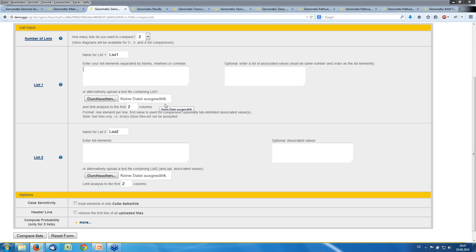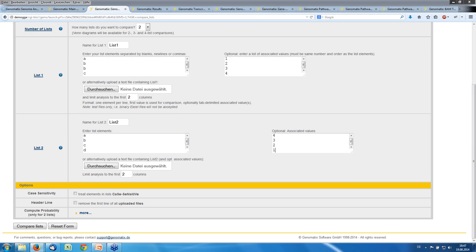And I just show you this with this example where we have a list of 4 with A, B, B, and C in the first list, and with A, B, C, and D in the second list, and with, well, slightly different values here, 4, 3, 2, 1 instead of 1, 2, 3, 4. Now, if we do a comparison of the lists, and we have this situation where we have the same identifier more than one time with different values,